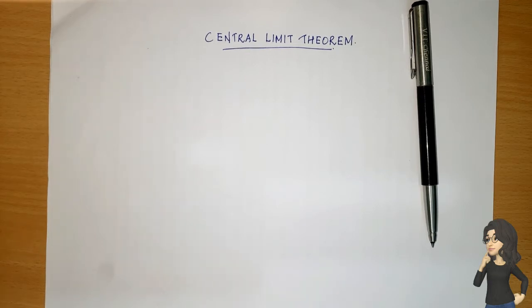Roughly speaking, this theorem states that the sum of a very large number of random variables is approximately normally distributed, with mean equal to the sum of the means of the variables and variance equal to the sum of the variances of these variables. So it's like an approximation to the normal distribution. We shall discuss the